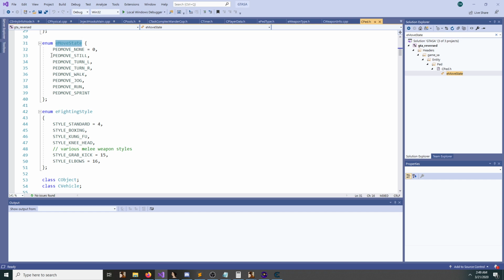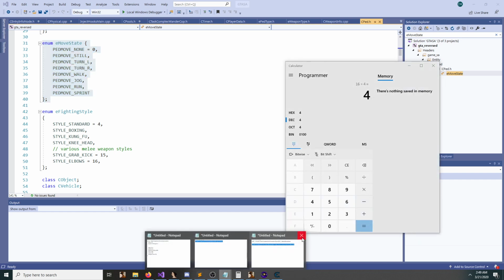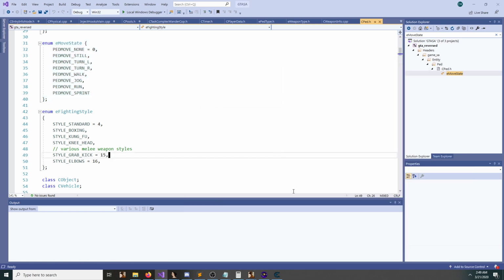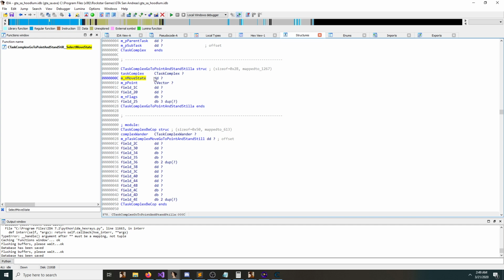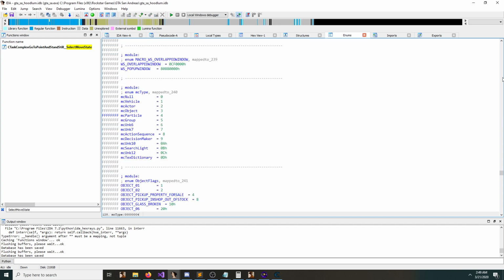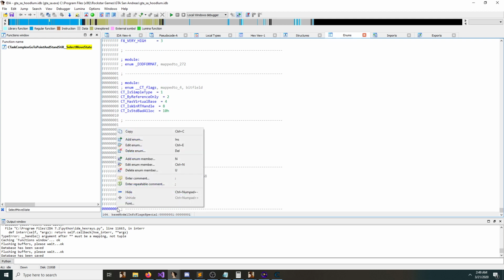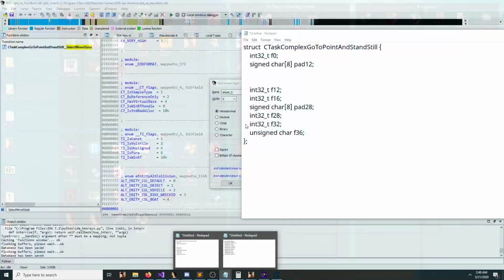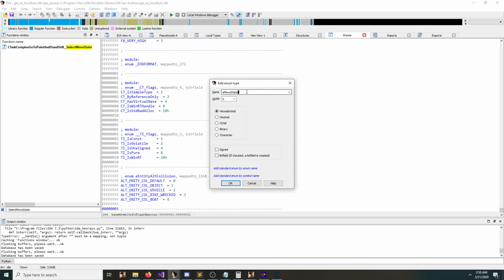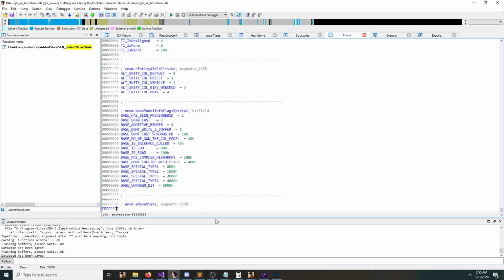Okay, so we can add an enum for the move state if we want to, and now I'll show you how to add an enum. I'm sorry it took me so much time to reverse and everything, but it happens. Sometimes these things will take more time than you expect, but it requires patience. Okay, so we can just go right down here and say add, then state, decimal, and